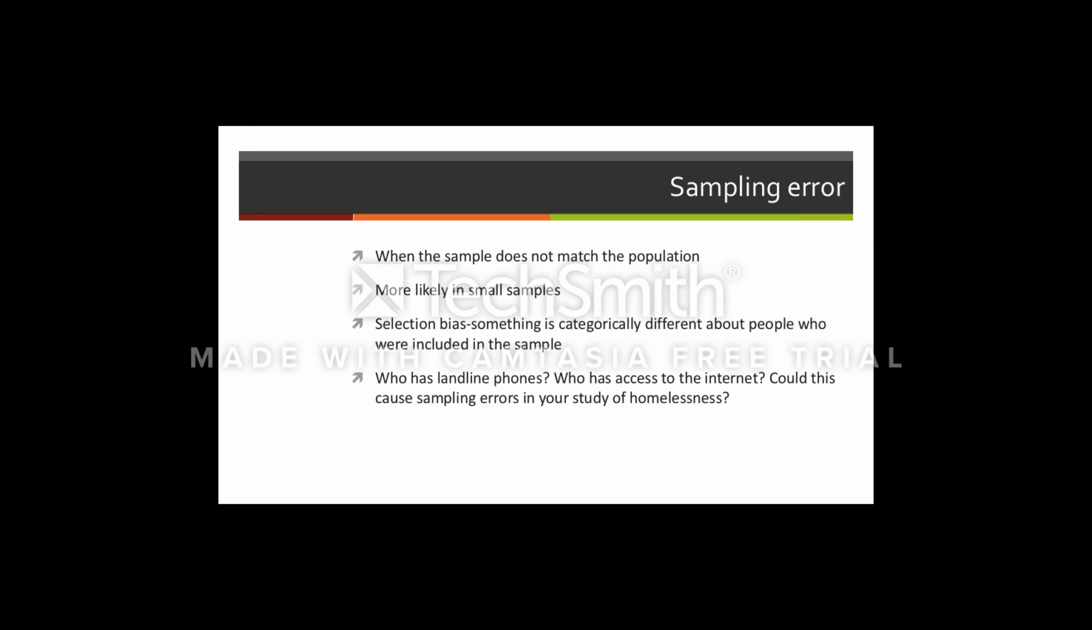Selection bias is often present in the study design. So if our study design is that we randomly call various landline phones, or our study is designed to be done online, we're categorically only including people who have landline phones and access to the internet. And that might not be represented